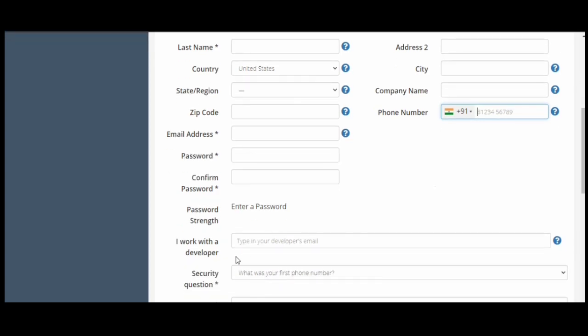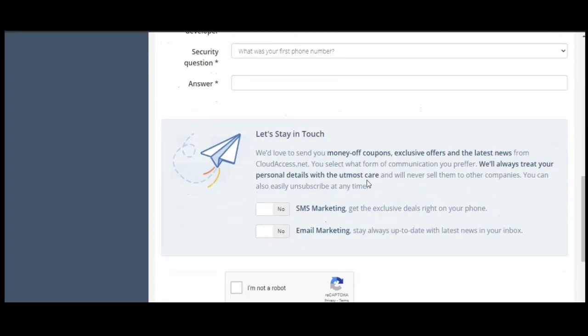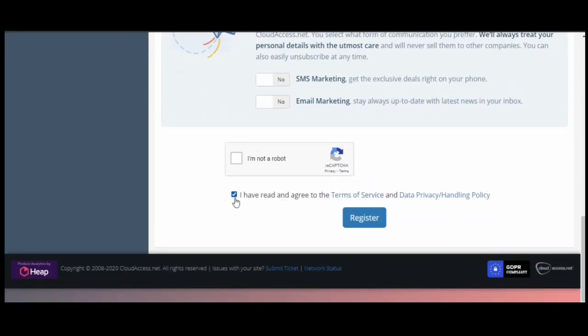In case you don't work with a developer, you don't have to fill this area. In company name you can write your name as well. Then you have to click on the CAPTCHA, agree to the terms of service and data privacy handling policy, and then register.